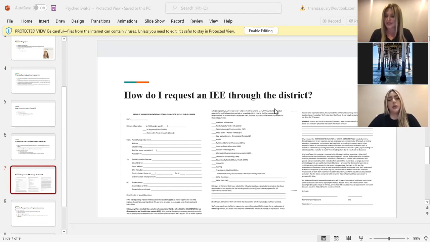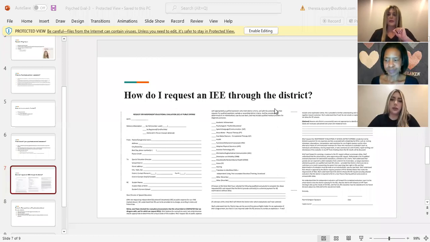I'm not an attorney, so I don't know all the legal dates, and I don't want to give you false information, but there's a specific timeline from the time that a parent requests the IEE to when the district has to respond, how they have to respond, and the reasoning they have to give for granting or not granting it. So take a look at that. Again, it'll be emailed out to all of our participants, and you can contact the Family Focus Center for that information as well.